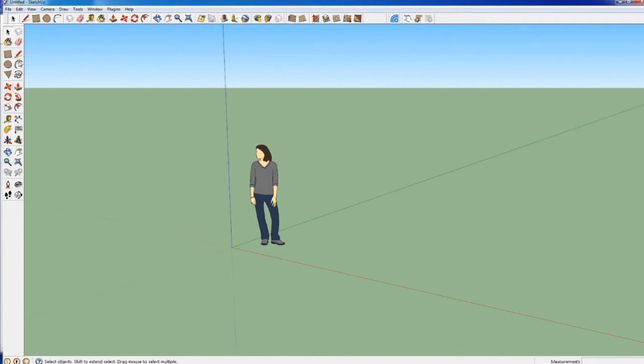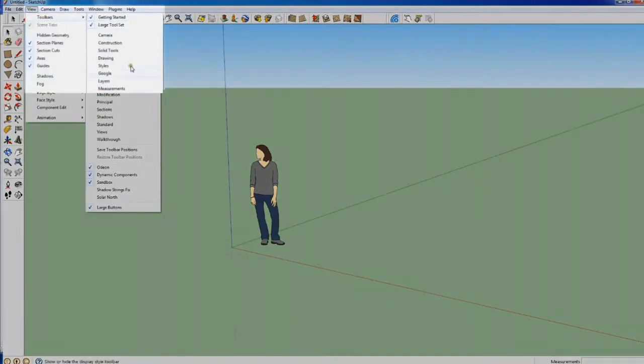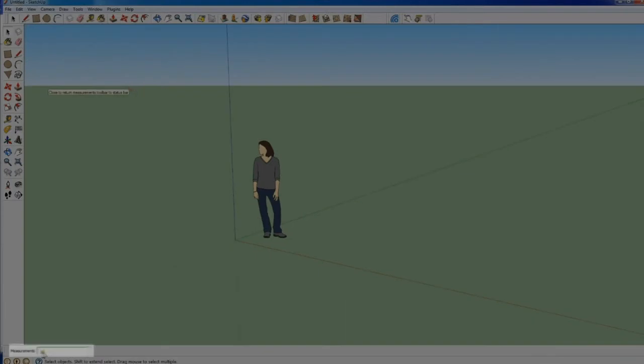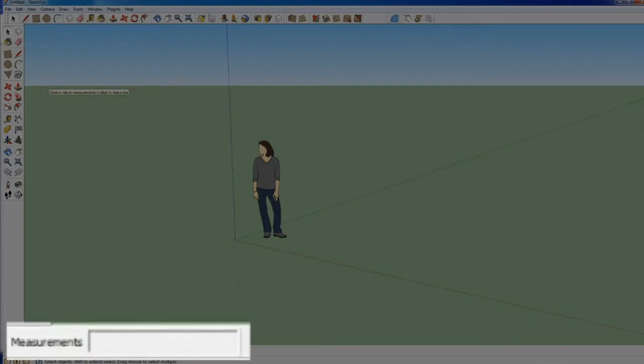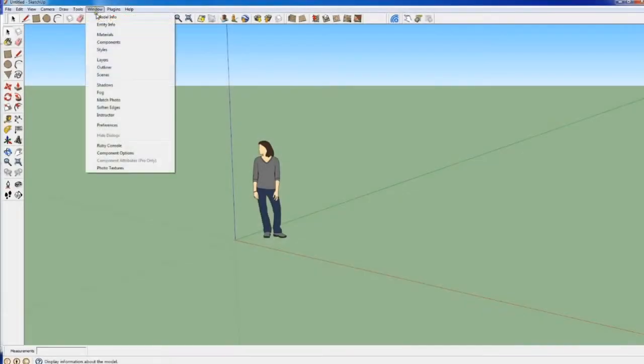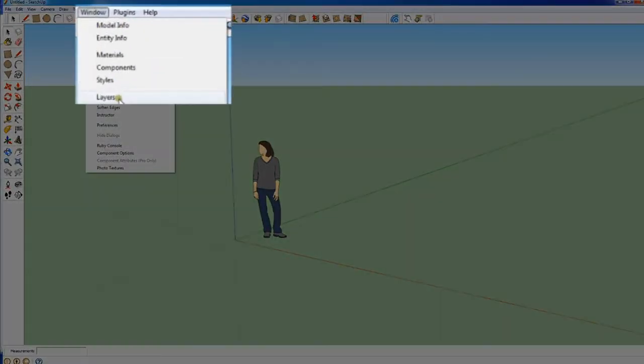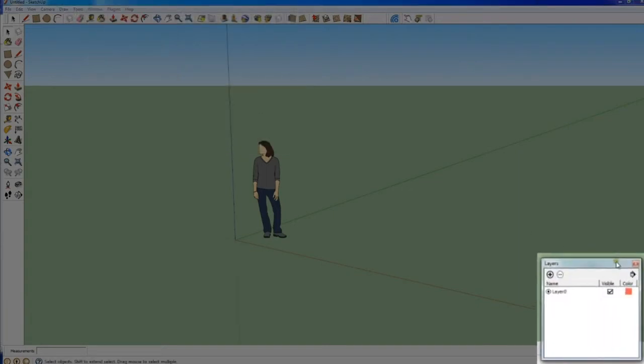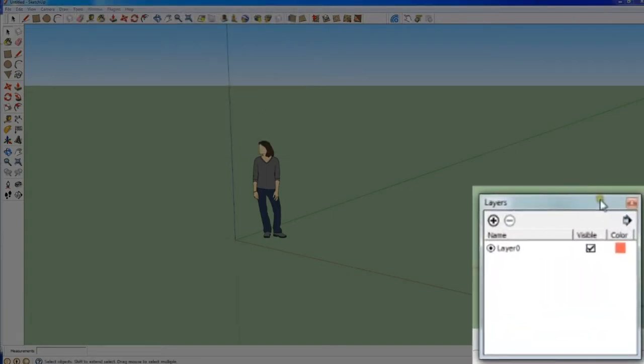But in any case, this set gives better functionality in accessing the tools. And then I would also like to activate the measurements bar, which is very useful in giving you the dimensions of objects you select. And finally, we also like to activate the layers window that will help us when working with layers afterwards.